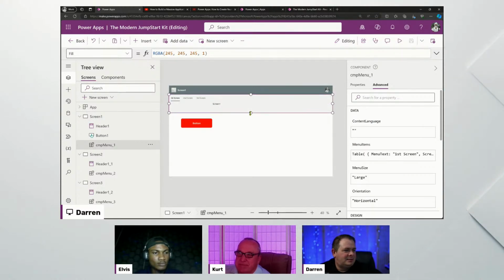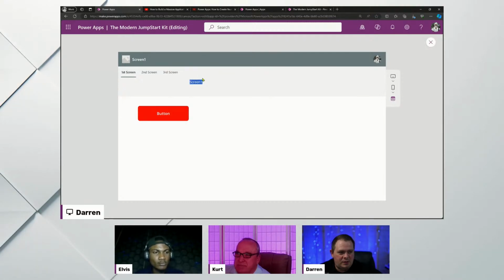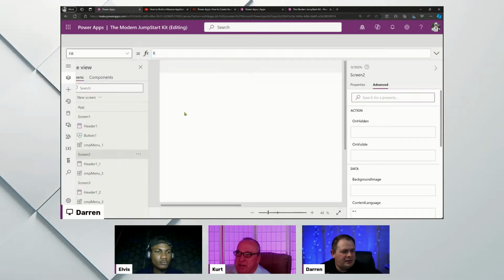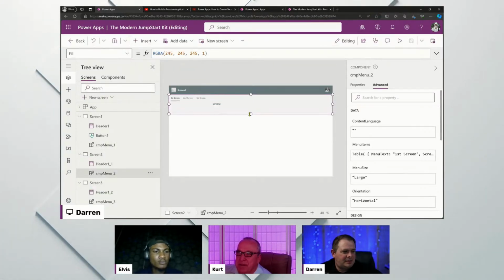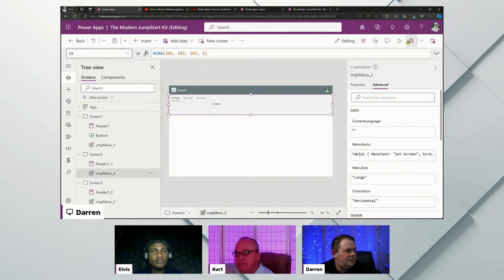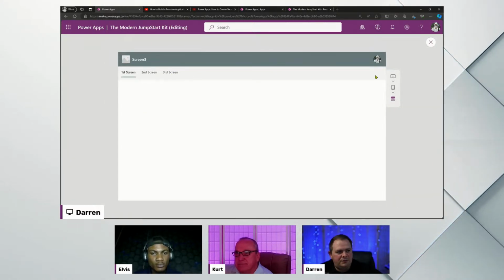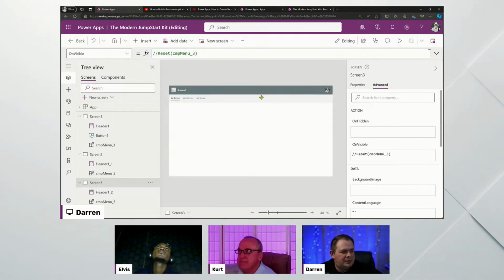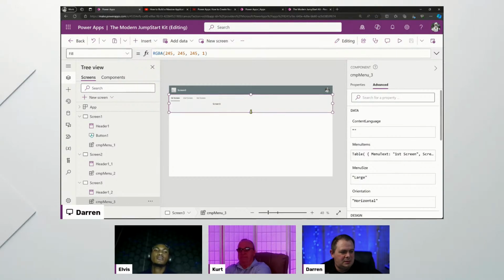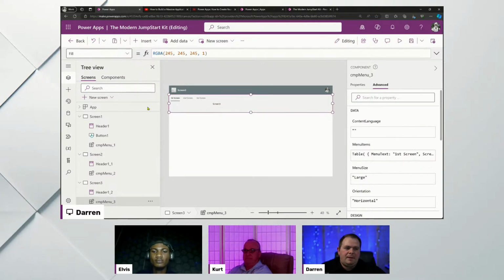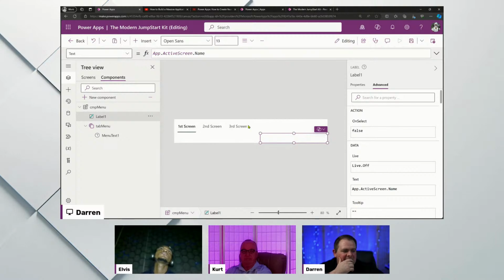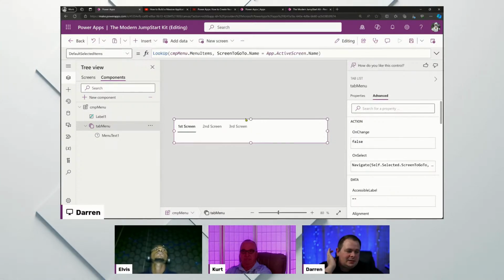And let me expand this a little bit. Look at that. It says screen 1 there. I go over to second screen. Let's expand this. There's screen 2. I'm thinking it's getting a little confused on what the active screen is. There's screen 3. Now, what happens in the filter, in the lookup,